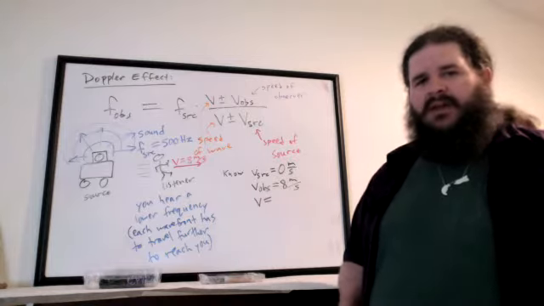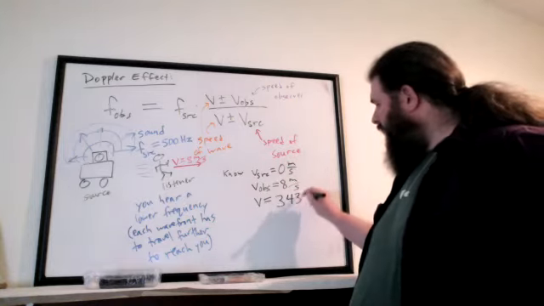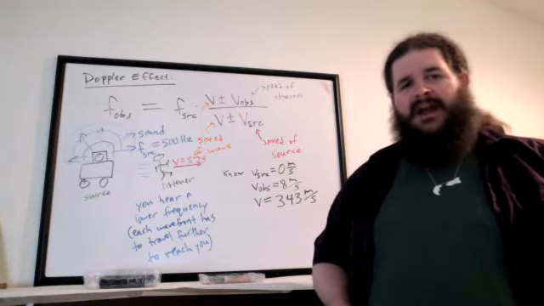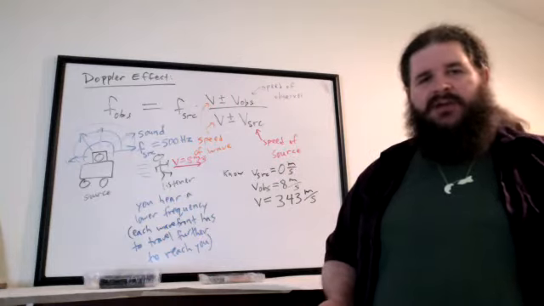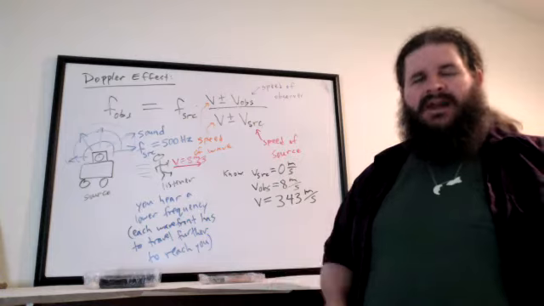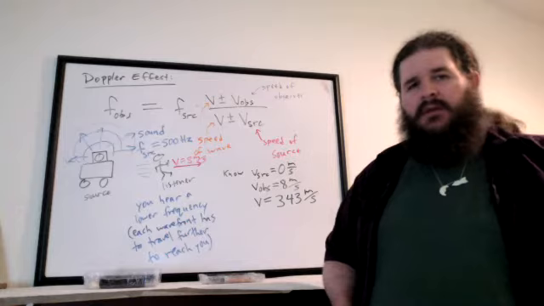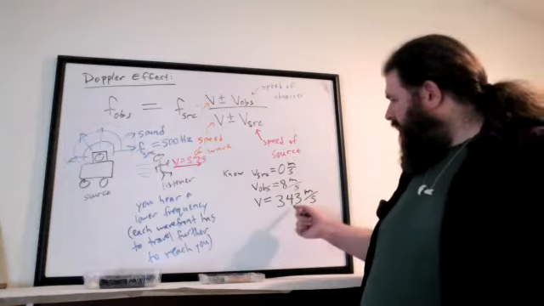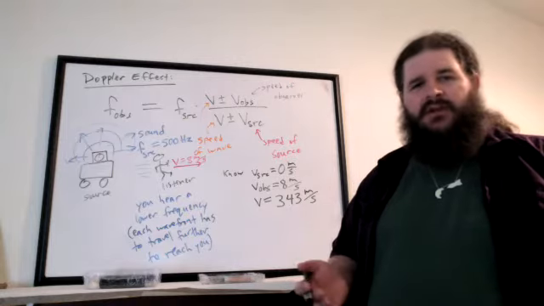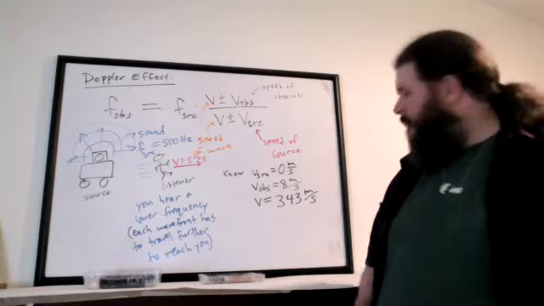But if it's not given, I would usually just assume that speed of sound in air is about 343 meters per second. That's the usual standard value for speed of sound in air at standard temperature and pressure. I think it's specifically at 0 degrees Celsius and one atmosphere of pressure. So that's going to vary to some extent based on temperature, but 343 meters per second is a good standard value for speed of sound. Maybe a little faster or a little slower. Sometimes we round it off to 340 or 350 to simplify the calculations.